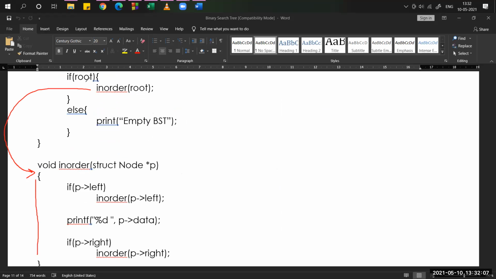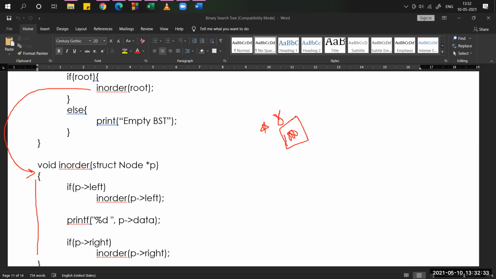Then if root equal to null. Root is a pointer variable which always stores the starting node address, meaning the root node address.